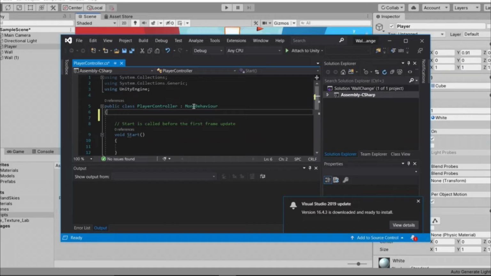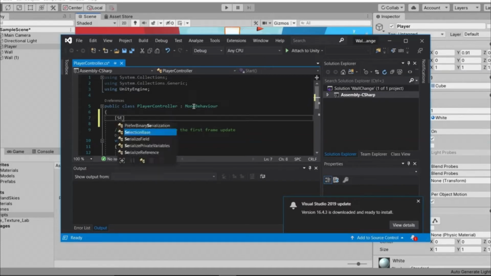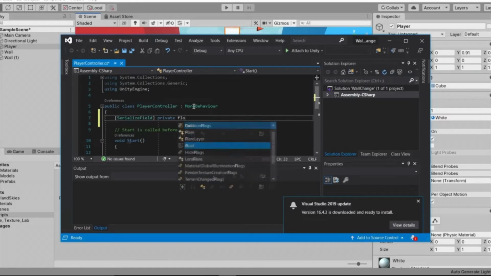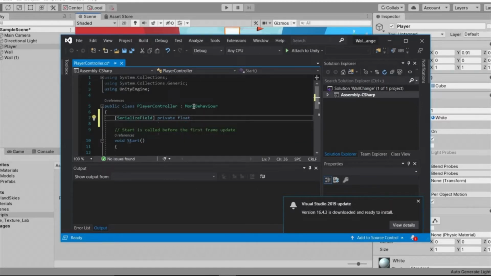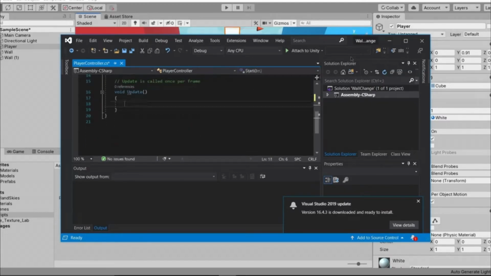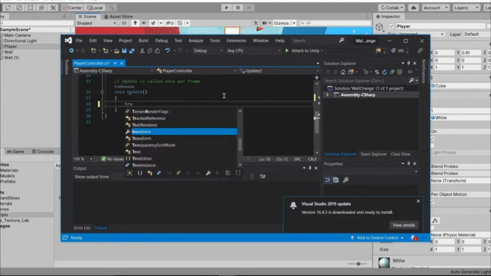First we need to identify the speed of our player. So let's create a serialized field. Okay, cool. I have created a serialized field, and the access modifier should be private, and the speed should be the variable type float, and let's name our variable as move speed, guys. With that move speed, go back in the update function, and what you have to do is